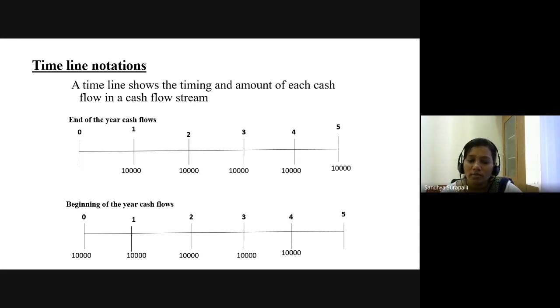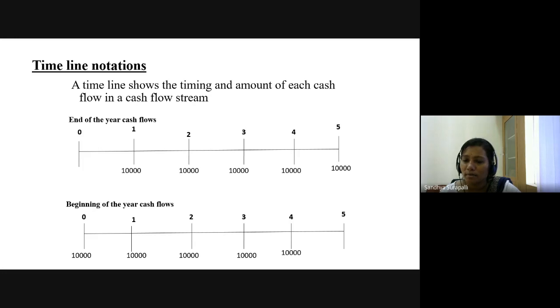Right? Now, the second cash flow I am getting after 1 year, the 10,000. So what is its present value? Then, third cash flow I am getting in the second year. What is its present value? Fourth cash flow I am getting in third year. What is its present value? Fifth and final cash flow I am getting in the beginning of fourth year. Okay. So what is its present value? Okay. So we are doing present value calculations of only what I received in the first, second, third, and fourth year.